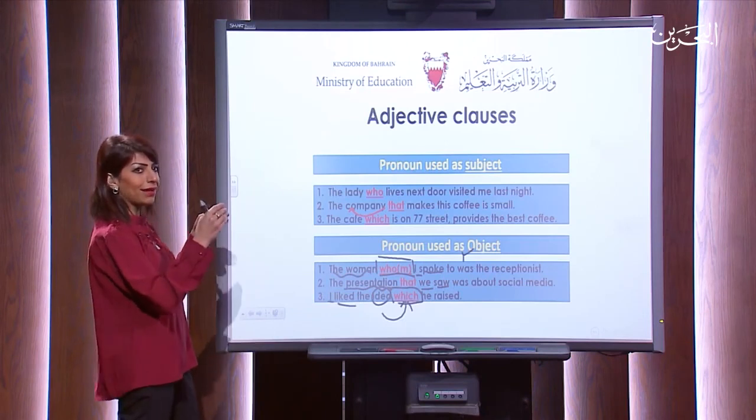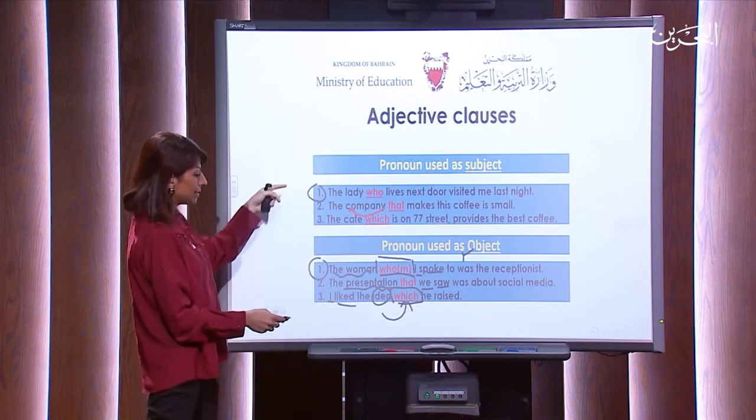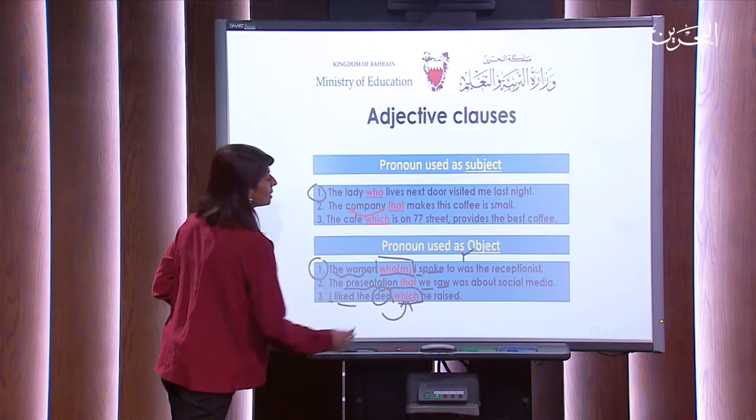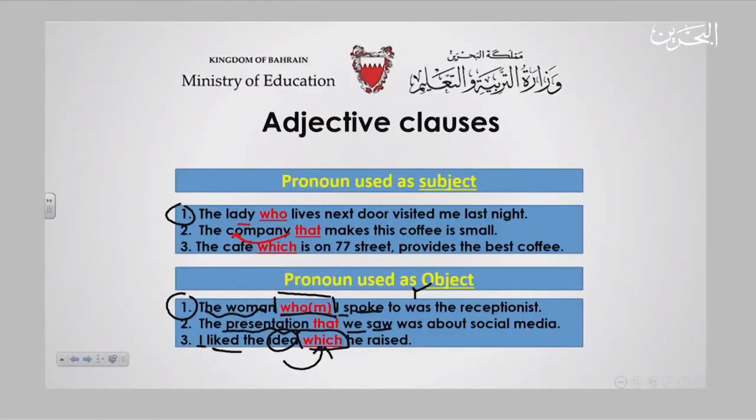Let me just clear everything. Let me just take example 1 and example 1 here and here to clarify it once again. The lady who, the lady here is the subject. So I'm using who. Here, the woman